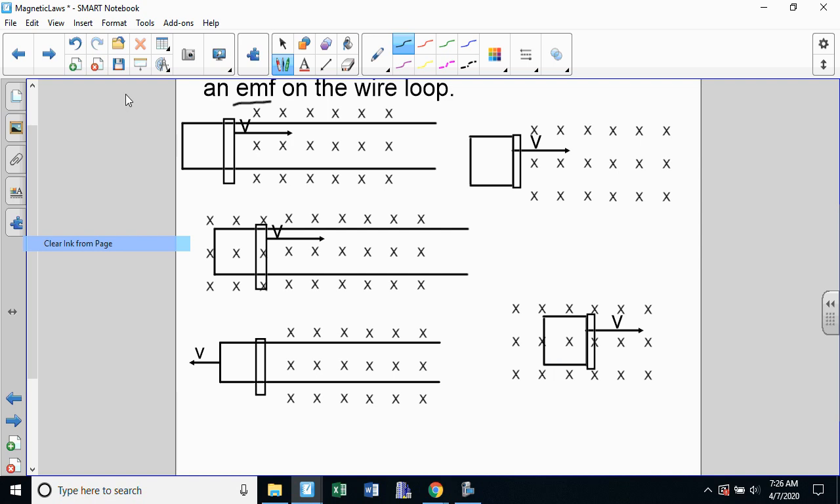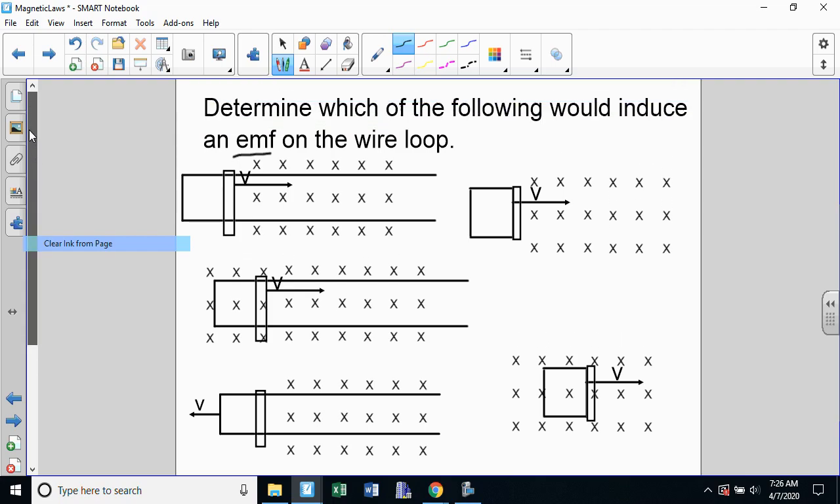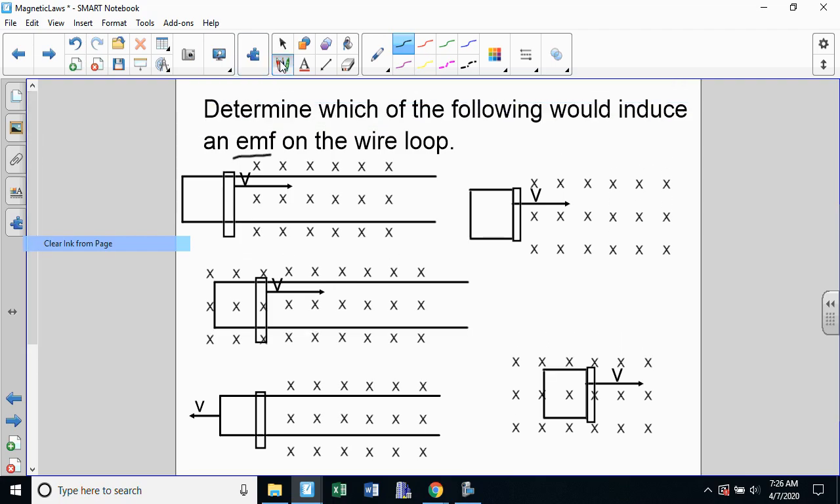Okay guys, hopefully you're back. Hopefully you tried these on your own, and I'll look at each of the examples one at a time. If I'm looking at the first example, I've got a bar moving to the right in a magnetic field. Well, if this is a conducting bar, and I'm moving to the right in a magnetic field, even though this bar is neutral,